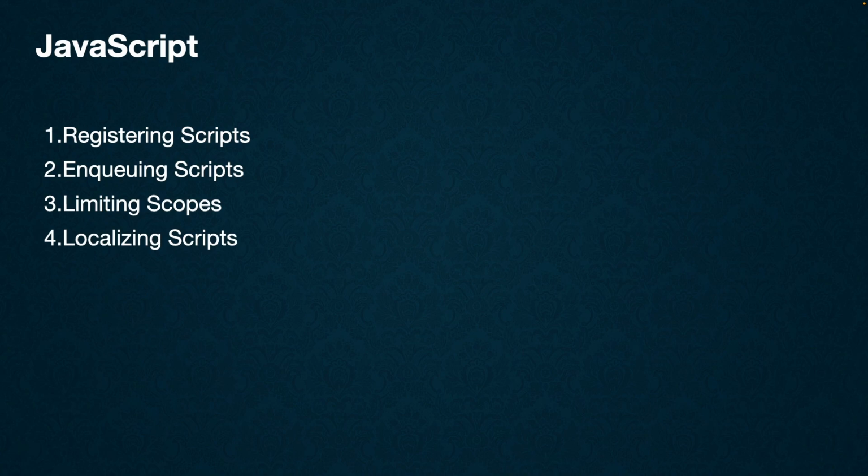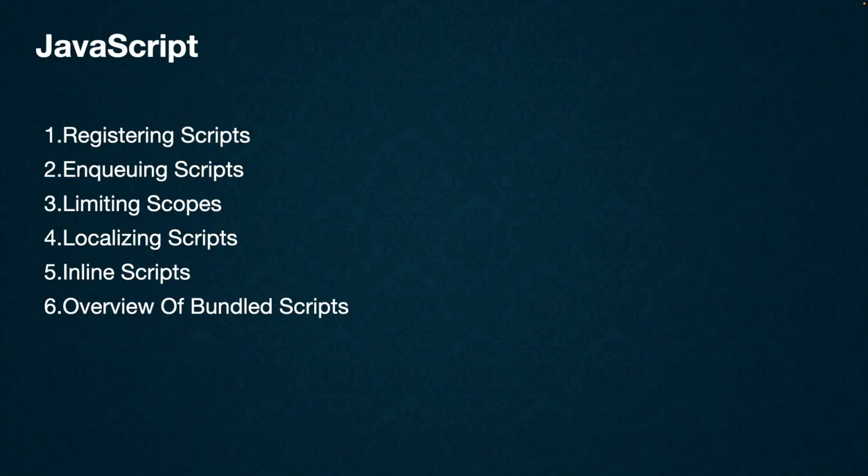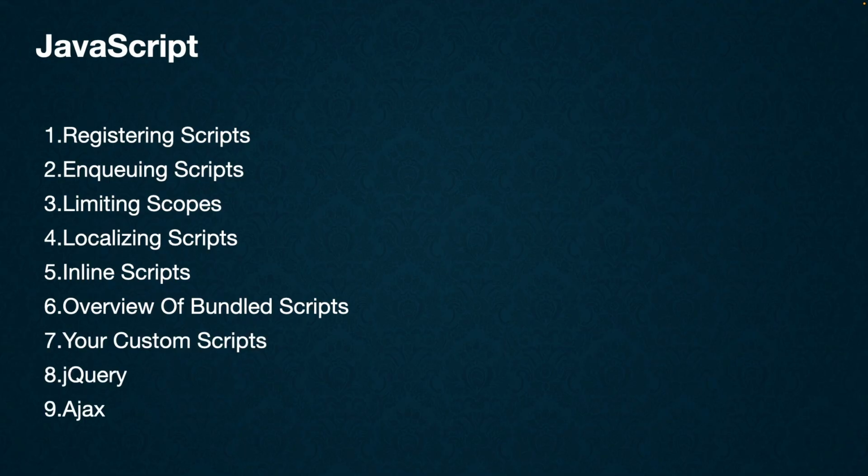So then we will discuss localizing WordPress scripts. This is basically the part to transfer your data from WordPress to JavaScript. So if you need any data transfer from WordPress to JavaScript, then you will use localizing WordPress script. And we will discuss inline script and an overview of bundled scripts, and finally custom script and jQuery. And for a bonus part we will discuss Ajax and a final summary. Okay,